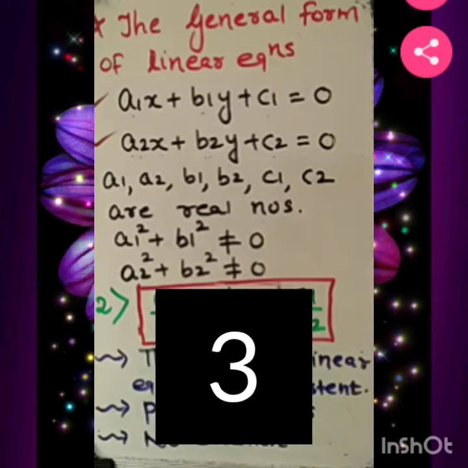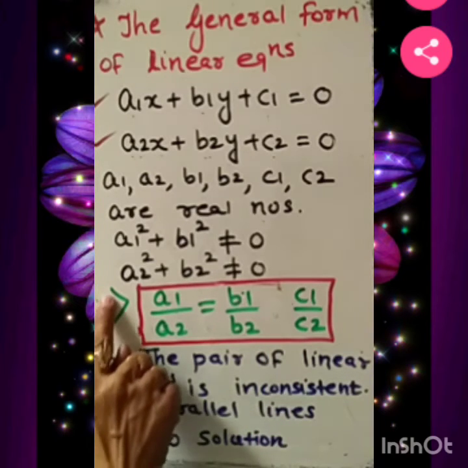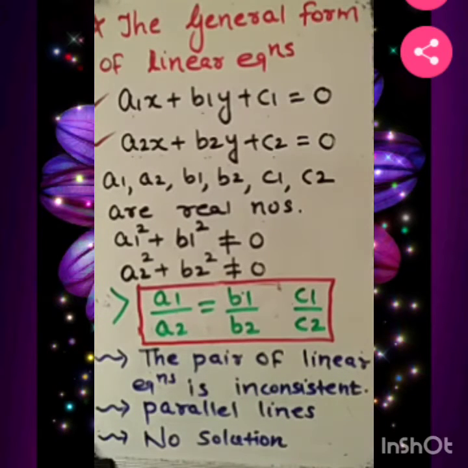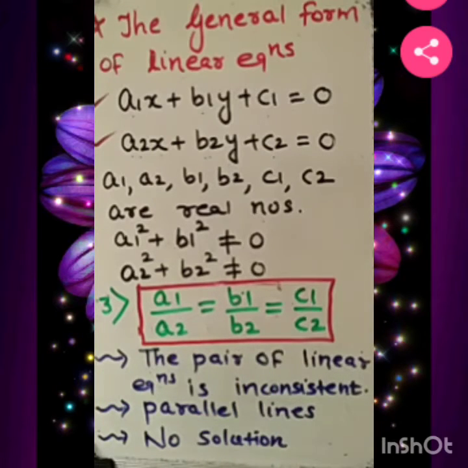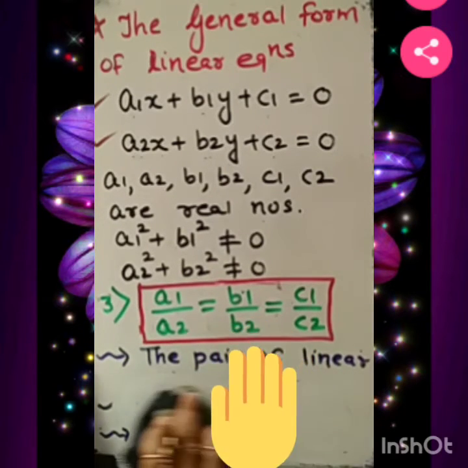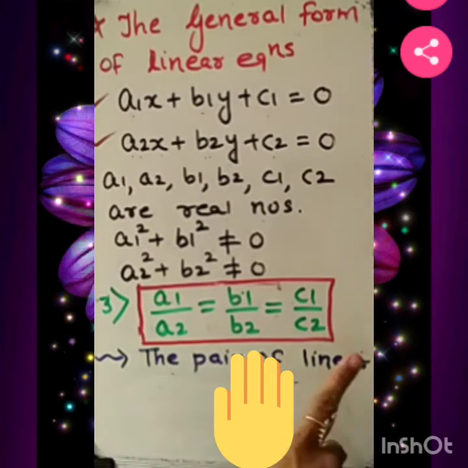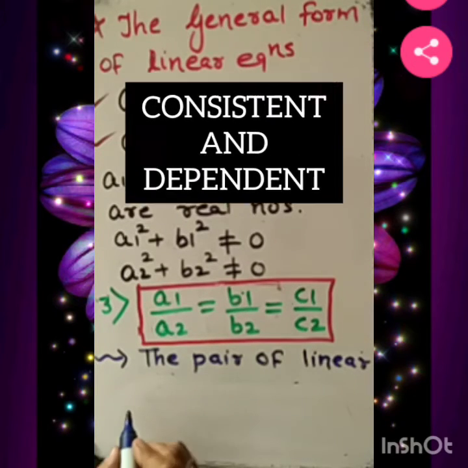That is the third point, and here also there is an equal to sign. I am correcting here only. This is the third point, and here it is an equal to sign. What about the pair of linear equations at that time? Let's note down which type of result we will have. All three are in similar ratio. In such a case, the pair of linear equations, they are consistent.